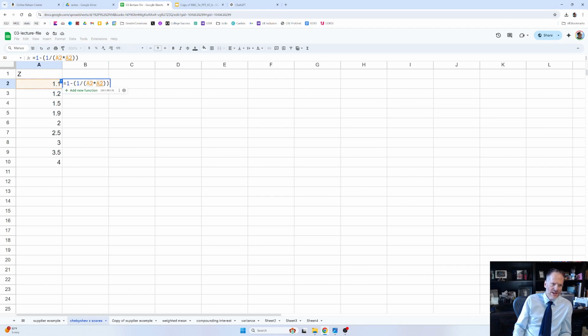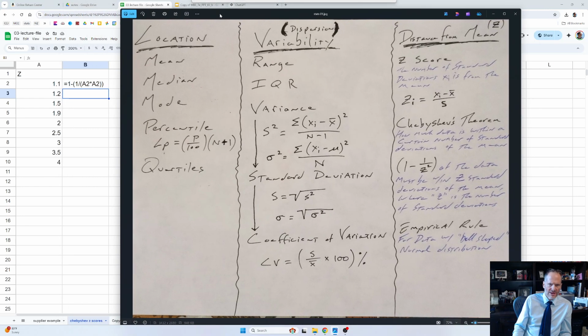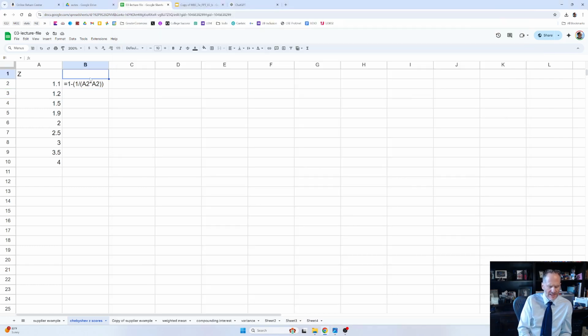So Chebyshev's theorem is 1 minus 1 over z squared. Here we have 1 minus 1 over, and our z is 1.1. A2 times A2 is how you'd square that. And so here we're going to calculate the percent of data